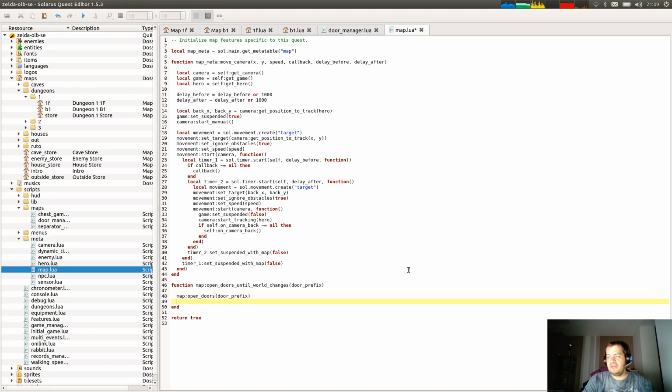Okay, open doors, and then the way to do it: if I don't want it to be saved, I won't use save game variables. I won't use game set value. But I can store something on the game object. I will have to check what happens if the player dies. But local game, oops, map meta self. I can do local map is self, game equals map get game,